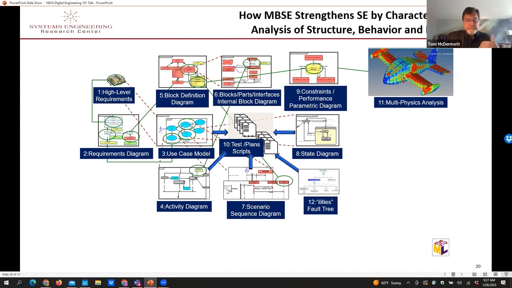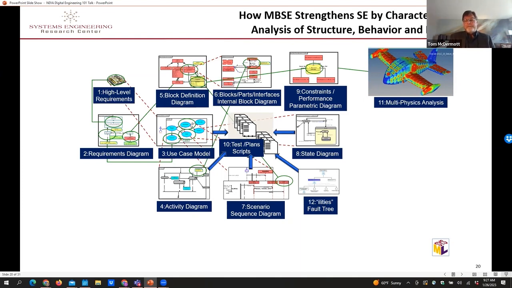So if I'm designing a new version of a bicycle that gets pedaled by a human, I might just be interested in the structural and interface components at the block level and the performance at the engineering level, and I might not be interested at all in some of these other behavioral models that the system has to operate in.